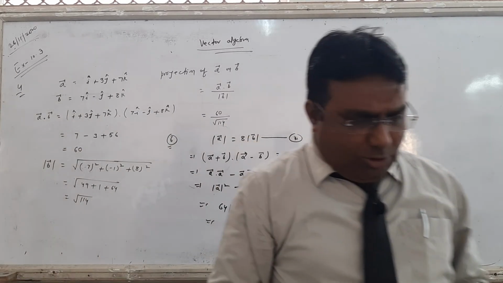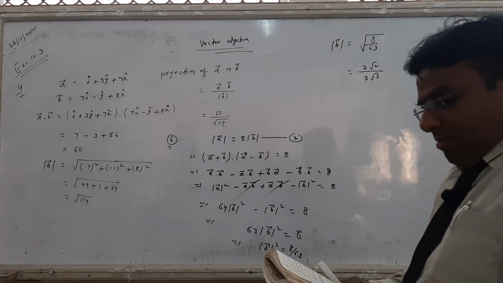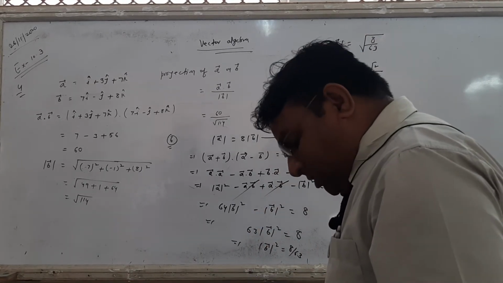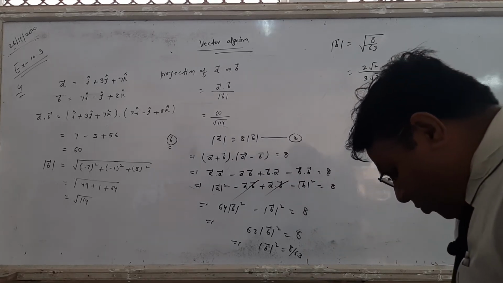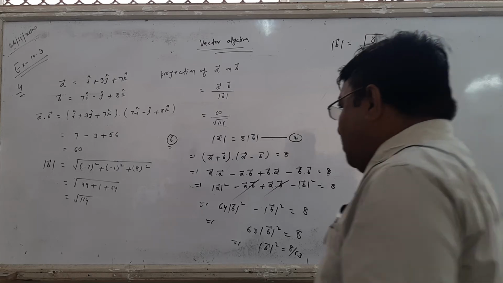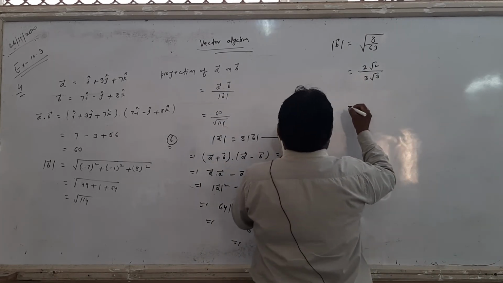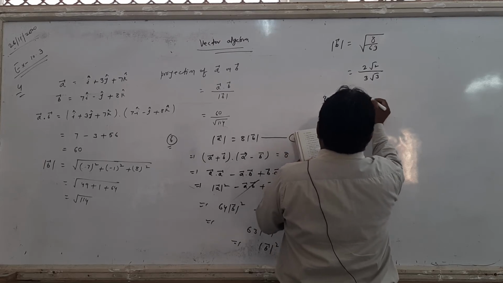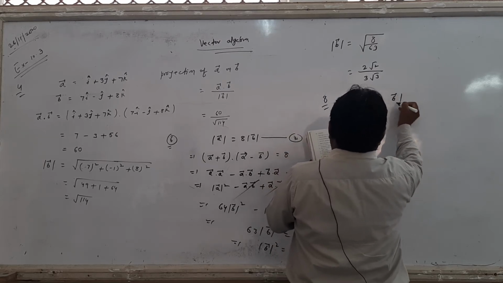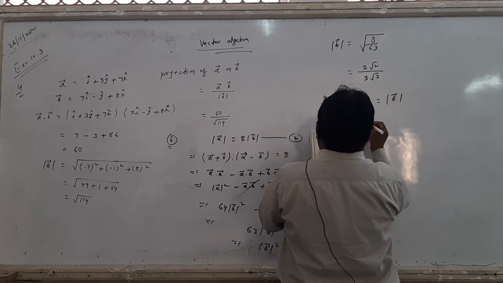So same question, question number 7. Now is question number 8. Find the magnitude of two vectors. Question number 8 is the same. Find the magnitude of vector A. Now look here, student, find the magnitude of vector A, right, and vector B having the same magnitude. Same magnitude means the magnitude of A and magnitude of B are equal, right? And the angle between them is 60 degrees.